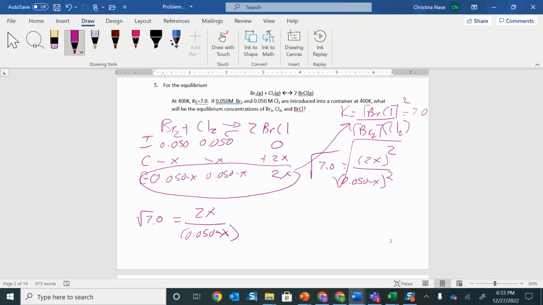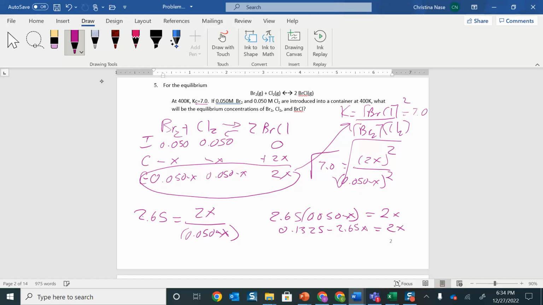So the square root of 7 is just 2.65. So I'll just rewrite that. This is 2.65, and I'm just going to multiply that bottom part over. I get 2.65 times 0.050 minus x is equal to 2x. Distribute that through, and I get 0.1325 minus 2.65x